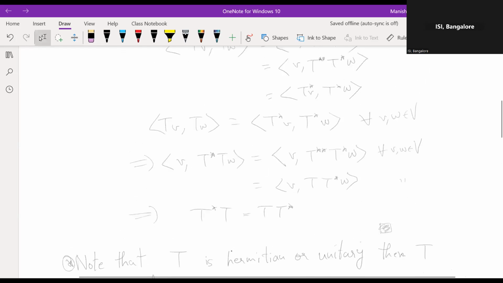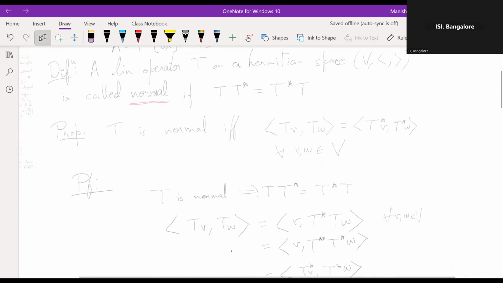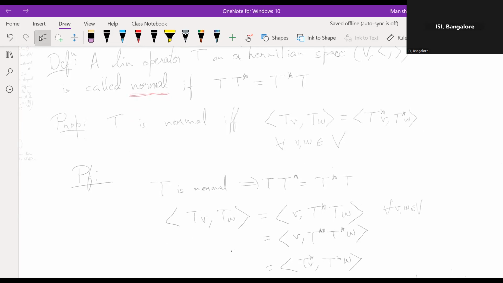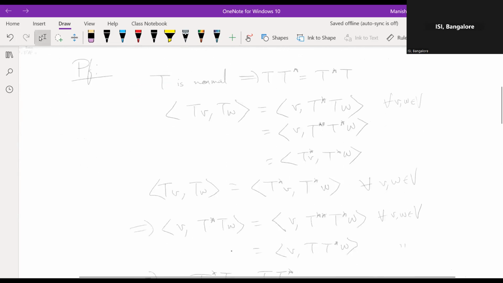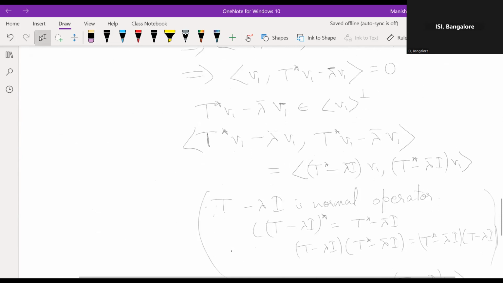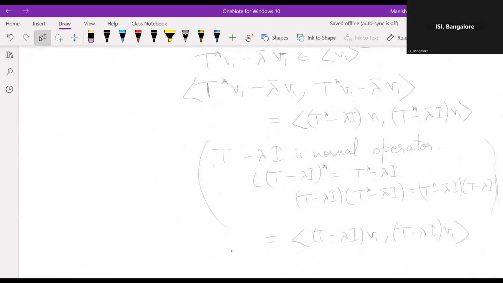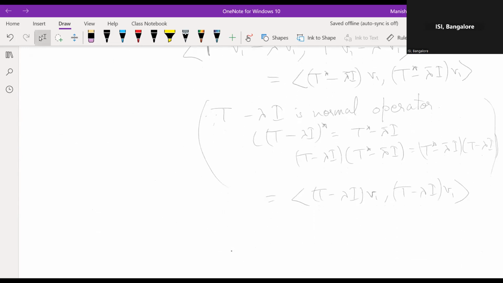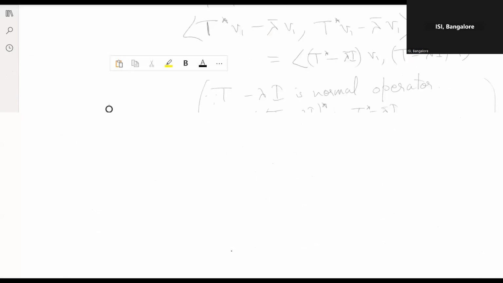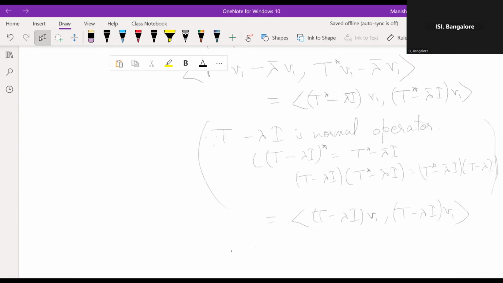Actually, if you expand it, you don't need all this. ⟨TW, ...⟩ is the same as ⟨T*V, T*W⟩. But of course you can expand it and do it as well, so you don't have to apply any result. From here I could have just expanded and still got the result. And then this becomes,